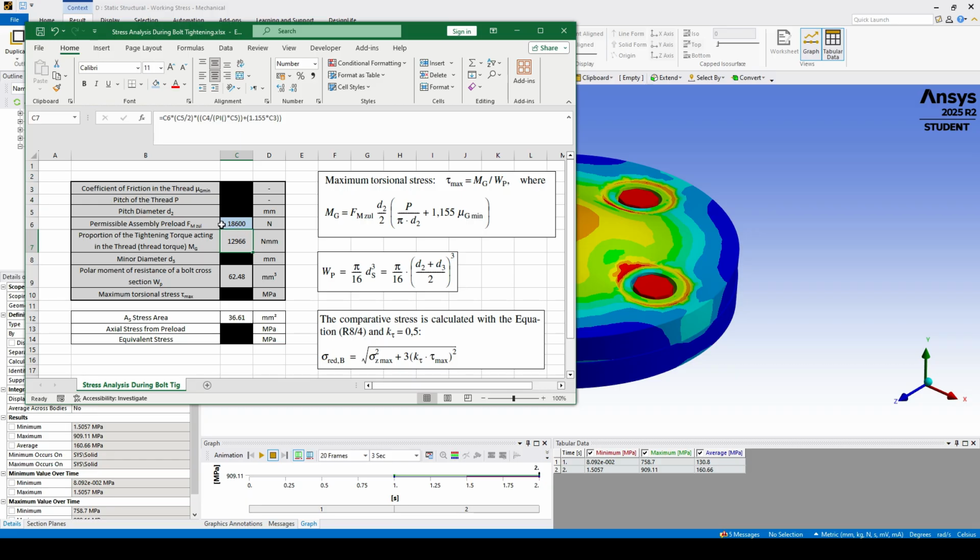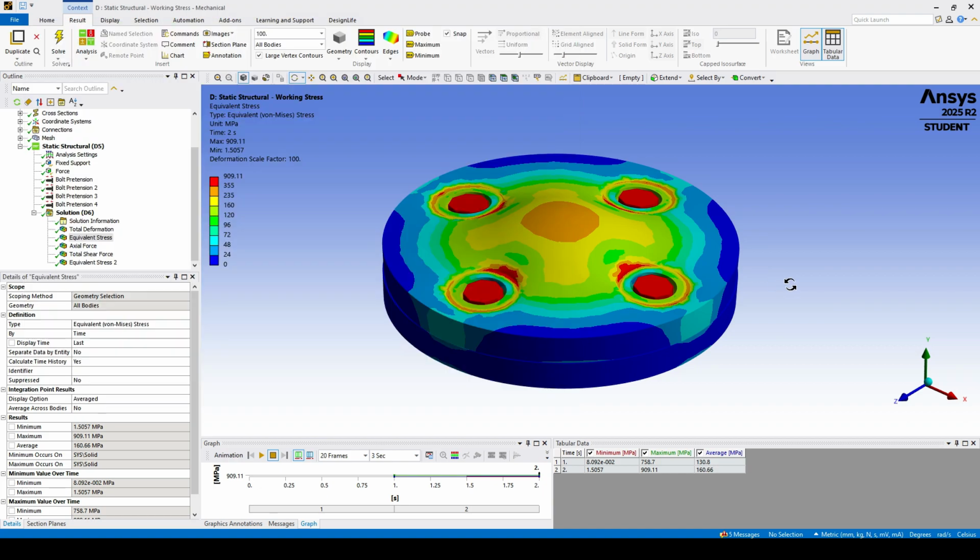Once the preload is known, calculating the axial stress is straightforward. It is the bolt pretension divided by the stress area of our bolt, which is 36.61. Dividing this force by this area, we get the axial stress from the preload, which is about 508 megapascal. Comparing this value to the value coming out of our FE analysis, I'm going back